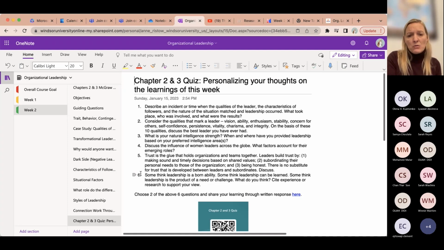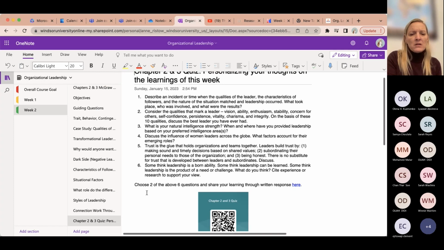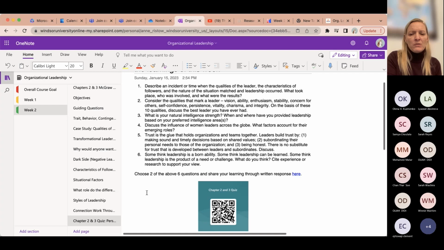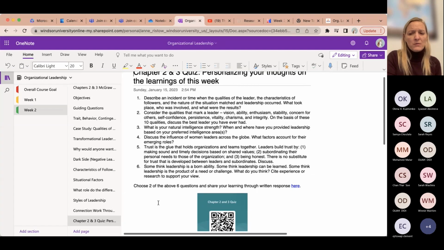So you'll select 2 questions and just write out your written response in relation to our learning so far. If you select a question that is more based on the areas that we haven't covered yet, the notes are there if you're most interested in that and want to select one of those questions, but there's plenty here for you to choose from. That quiz is in the Moodle now.